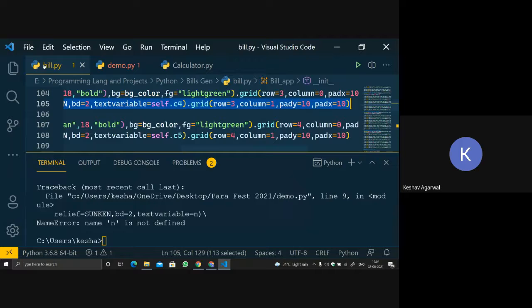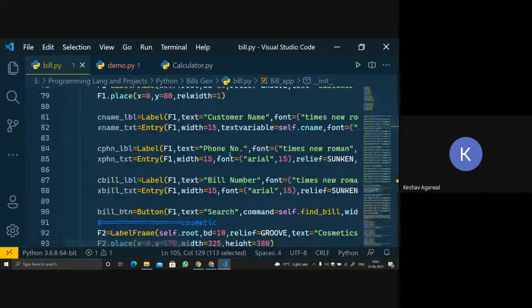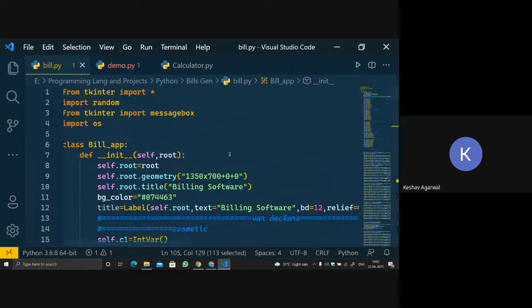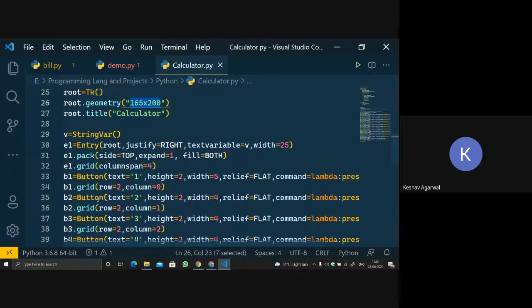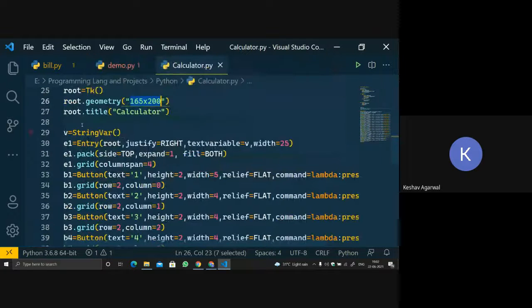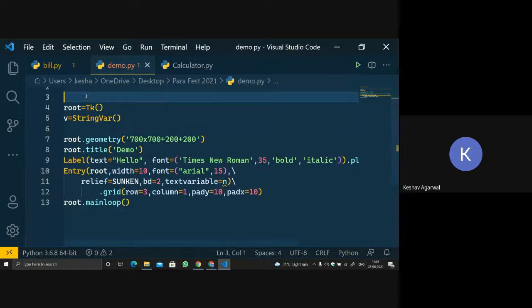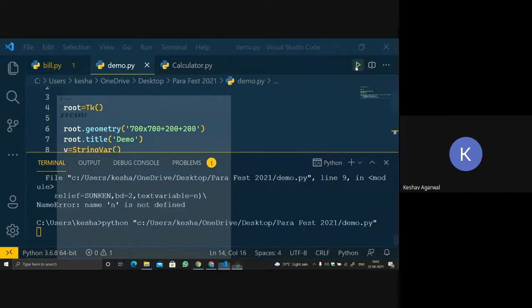N is equal to. Oh, why is it showing an error here? Okay, so let's copy this and we will paste it over here after this. And let's remove this. Let's run it again.